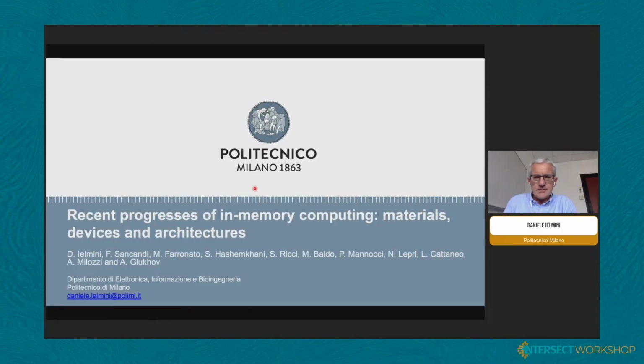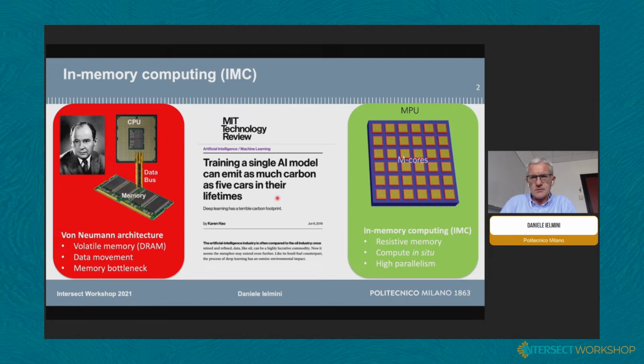And so let's start with the presentation. First of all, about the motivation of this talk. My personal motivation is to try to link the materials, the devices, and the algorithms and the architectures all together,